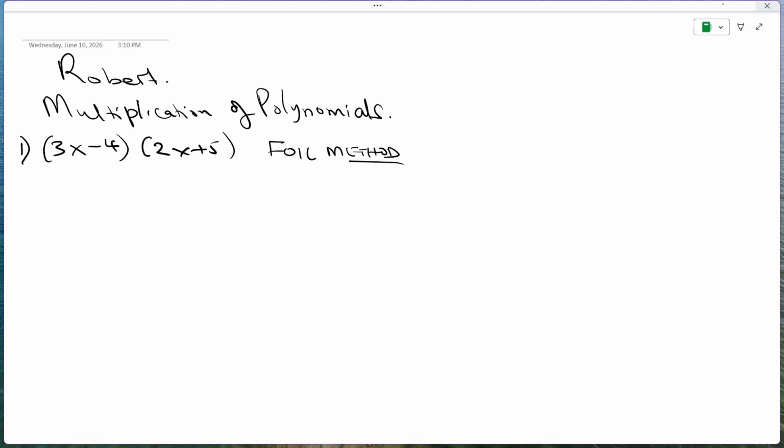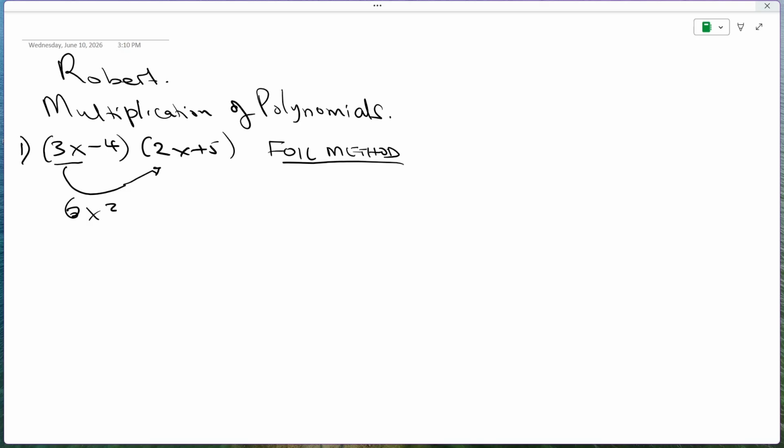The FOIL method dictates that we multiply each element in the first polynomial by all elements in the second polynomial. So in this case, we have to multiply 3x by 2x, and that will give us 6x